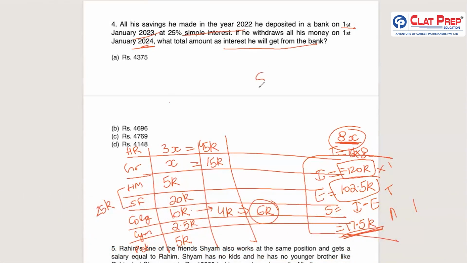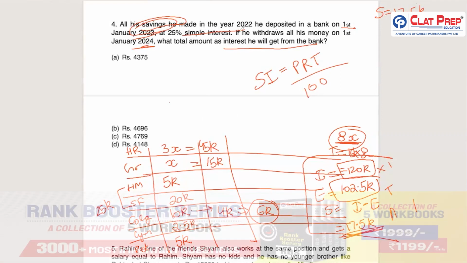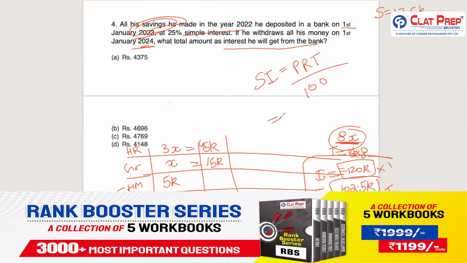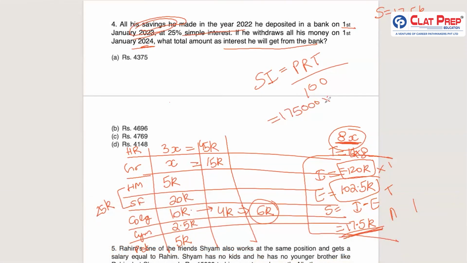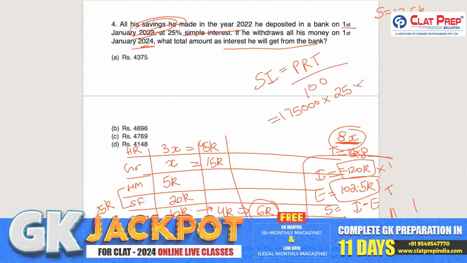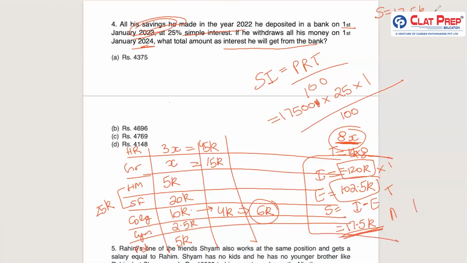ठीक है, SI का फॉर्मूला PRT upon 100। अब he deposited his savings, his savings were 17.5K which is equal to 175,000, right। ठीक है, he at 20, तो ये क्या हो गया 175,000 into 25 into 1 upon 100, right। 175, sorry 175,000, because here it's a point, so K 1 2 3, okay, yeah, 175 into 25